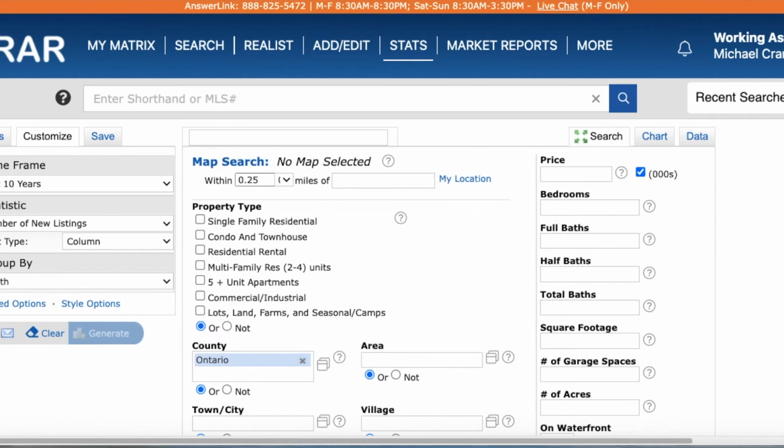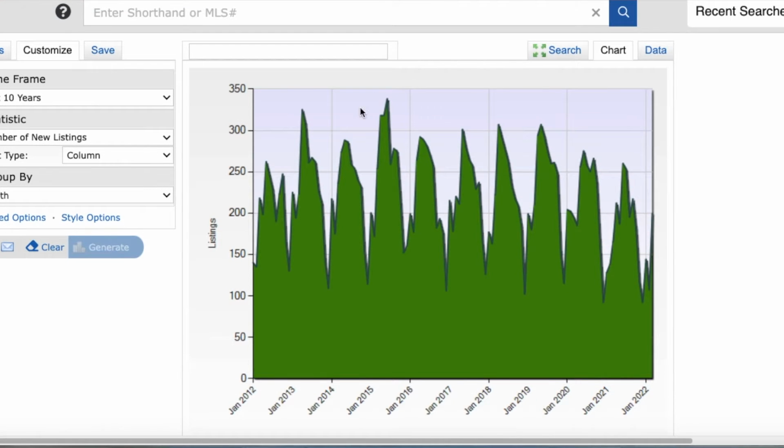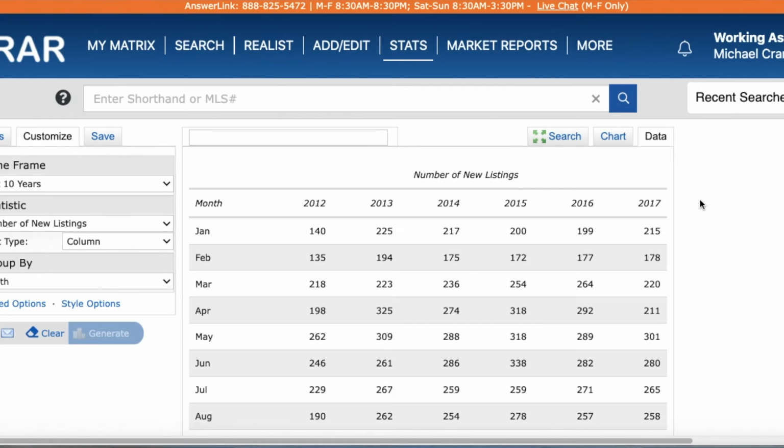So right here, what we're going to be looking at, I always do a 10-year window. Down below, new listings, and then I like a month view. Kind of lays things out quite nicely that way. And I selected Ontario County because we're in the Rochester and Finger Lakes area. Just looking at Ontario County to give us a good understanding of where we are in that area. Again, for the chart, the last 10 years looks something like this. You can see the high peaks in the summertime and then the lows, usually in December, when things are in the back swing of the market. Going to data,